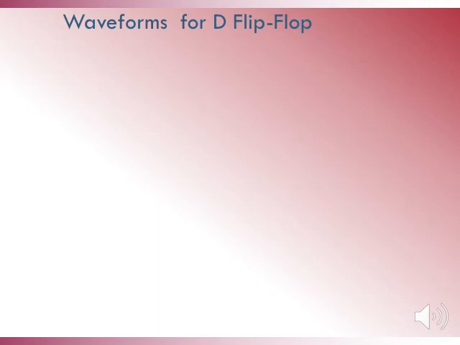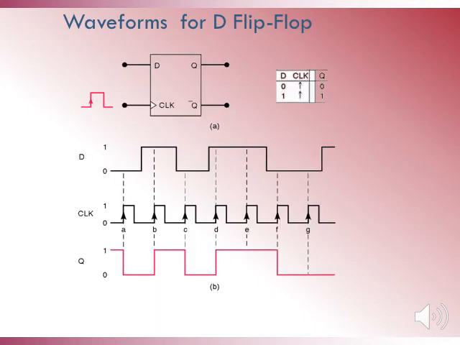Let us consider the timing waveforms for the D flip-flop. As shown in the diagram, this is a positive edge triggered flip-flop. So we are giving the D input and we are identifying the clock edges also. As it is positive edge triggered, we are identifying the low to high transitions of the clock. Now at the first positive edge, the input signal D is at level 0. The output will capture the input.